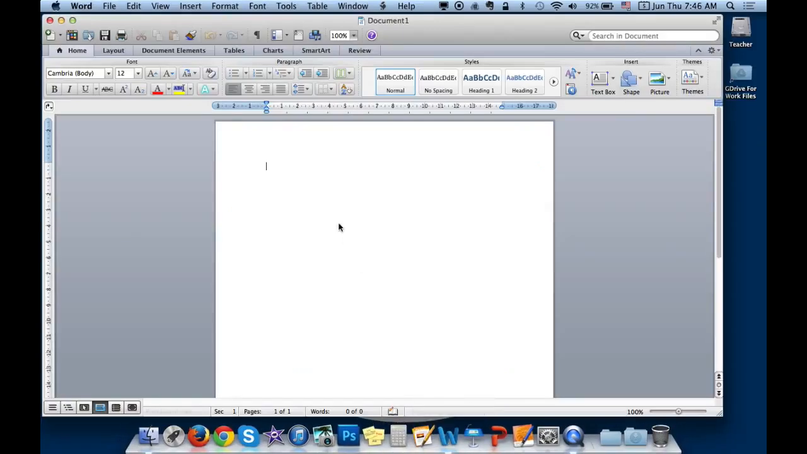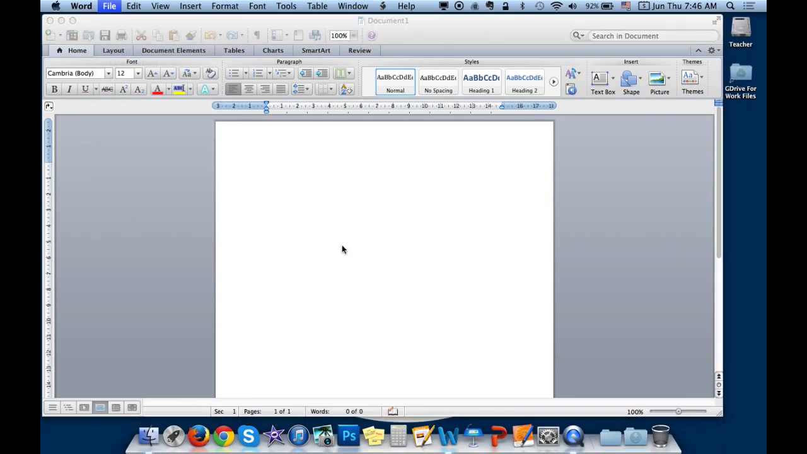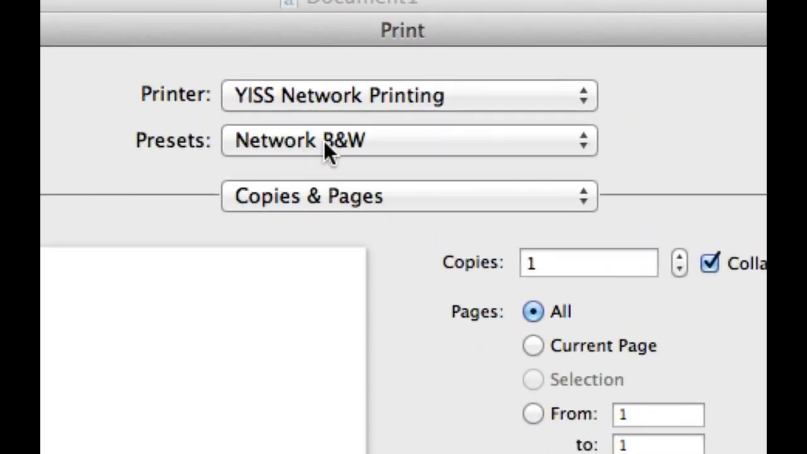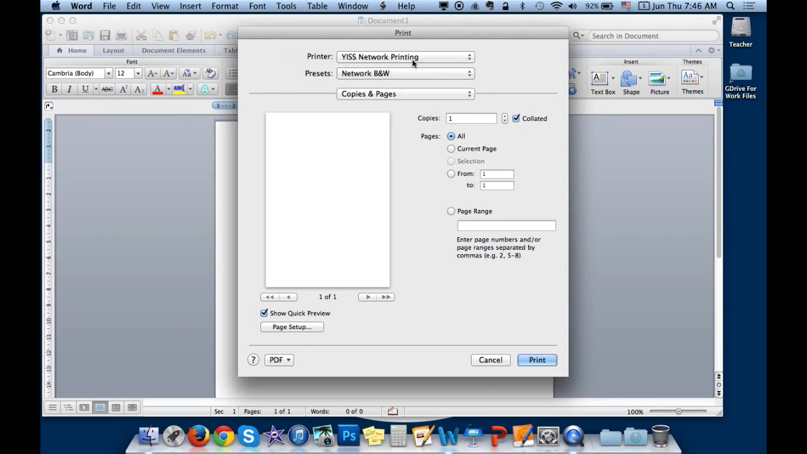So let's talk about printing. If you want to print a document, you go to File, Print, as you usually do. But now we've installed the presets for you. So there's a black and white preset and a color preset. The network printers have already been configured. And A4 is the default paper size for